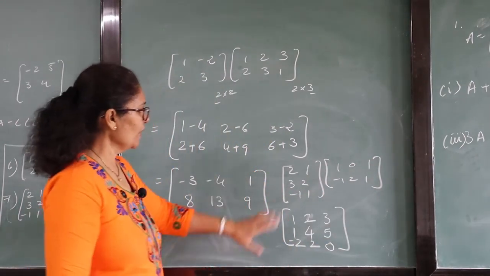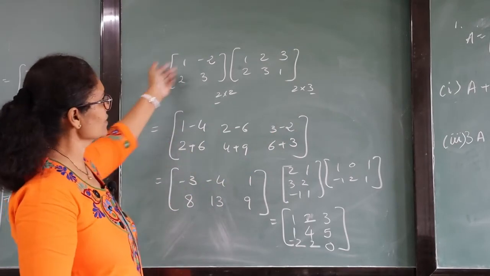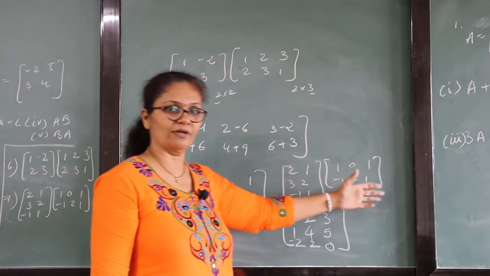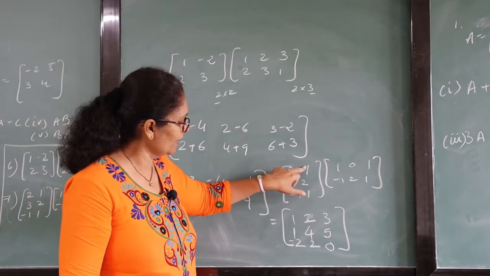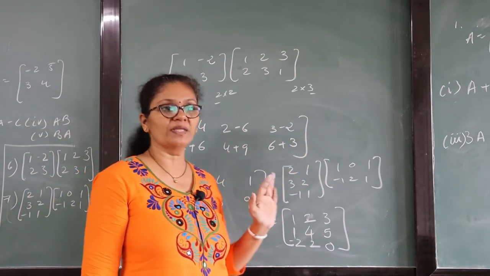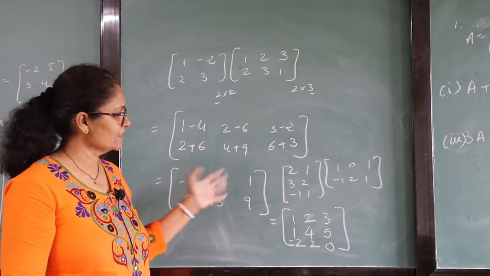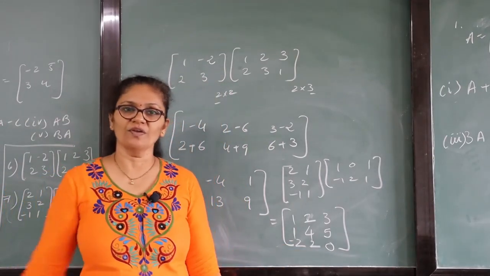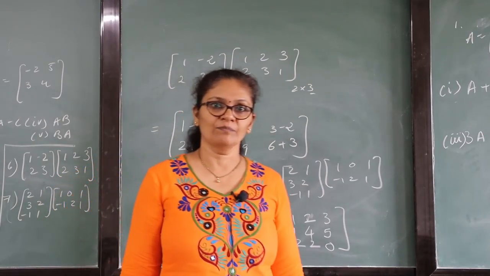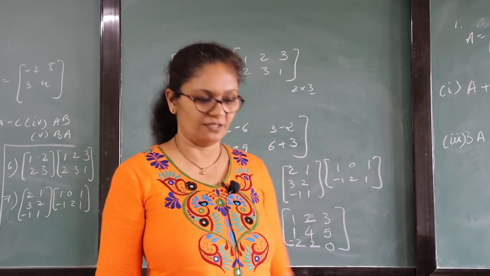So this way, when you multiply a rectangular matrix, square with rectangular, rectangular with rectangular, you simply have to check that the number of elements in the first row is the same as the number in the column, and easily you can multiply it. Okay. Now the same exercise we will continue in our next class. So for today, this much is enough. Thank you.